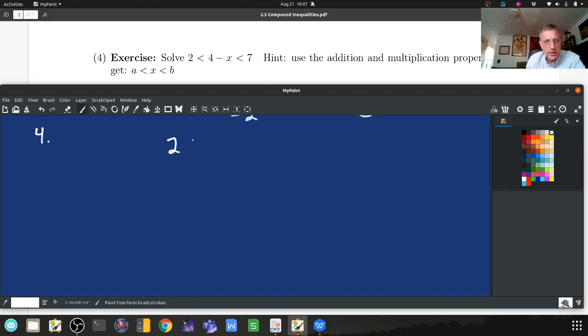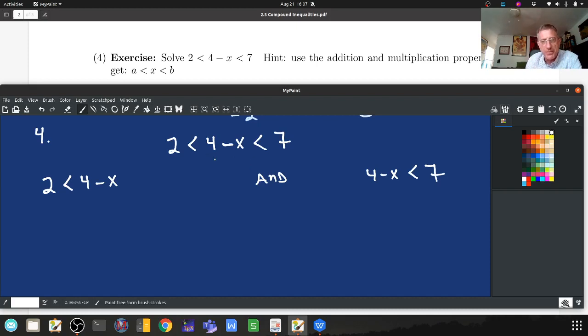So we have 2 is less than 4 minus x, which is less than 7. That minus is annoying, right? It's going to cause us some problems, but we can deal with them. So what I want to do is subtract 4 from each piece. In other words, before I start, this is identical to the following. Our two inequalities are that 2 is less than 4 minus x, and 4 minus x is less than 7. Now, if you want to just treat those two as two separate inequalities, you can, but there is an easier way. We're just going to treat all three of them together, and